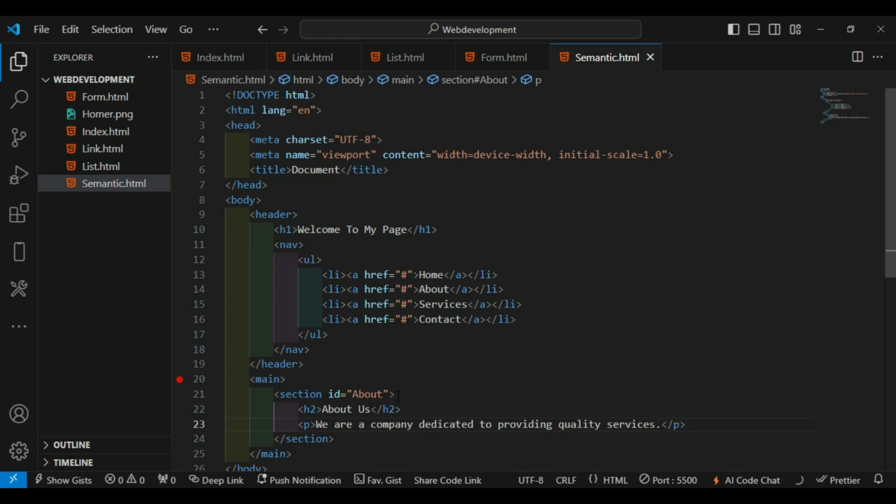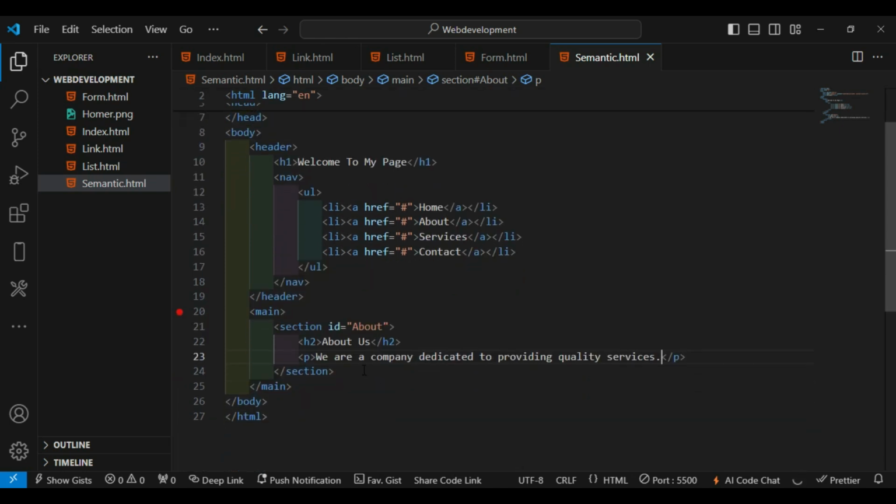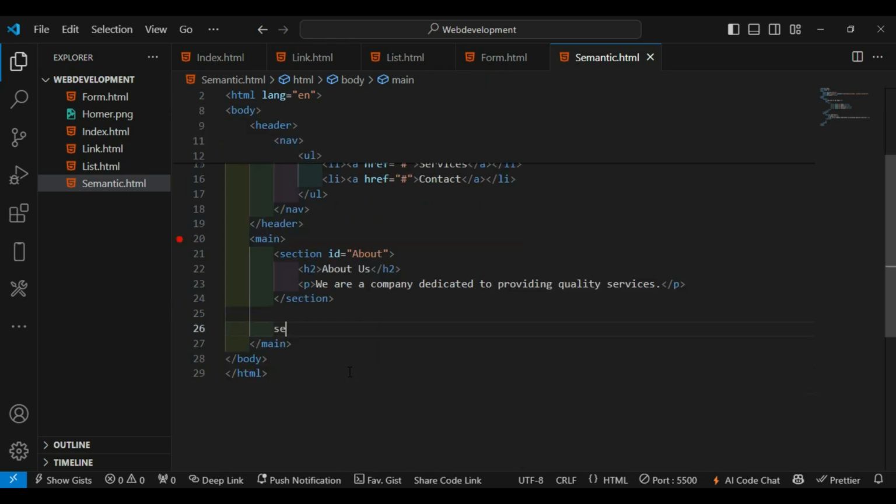So we are just one section away. So we just say this now, and that section for services. So I could say section, let me leave the space, section, then the ID will be for services. So ID equals services,